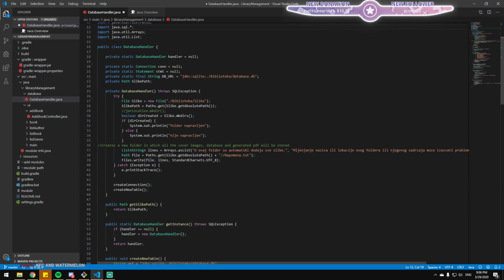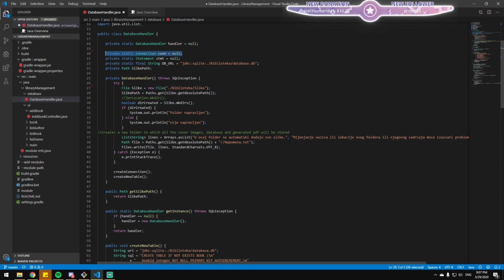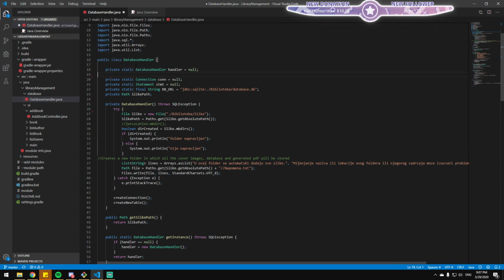Okay. So, database handler. I hate the name handler. And it seems that it's a singleton, which also makes it very bad because you don't want a database handler singleton, as you want the connection to be short-lived. So what happens here? You have connection. Static connection is a no-no because you don't want to keep it open at all times. You want the scope of connection to just be when you need it.